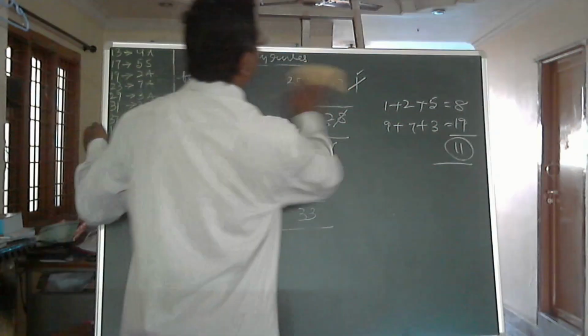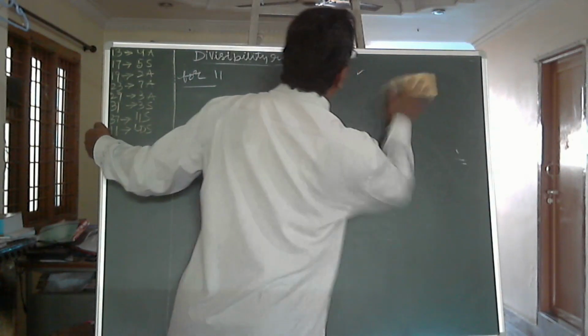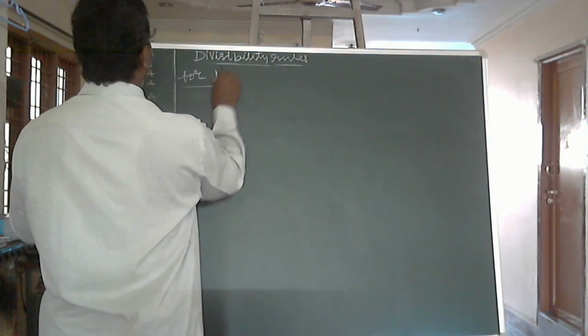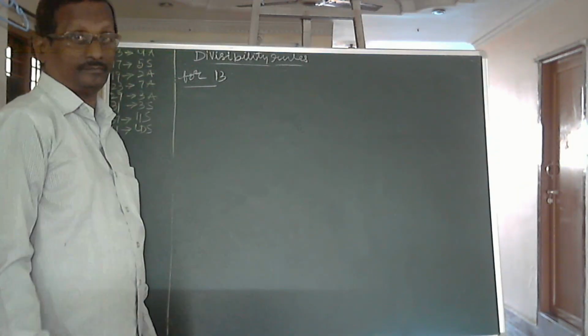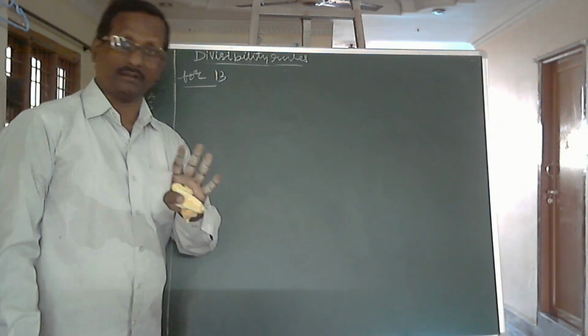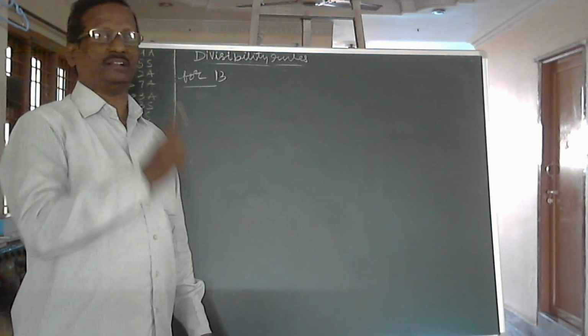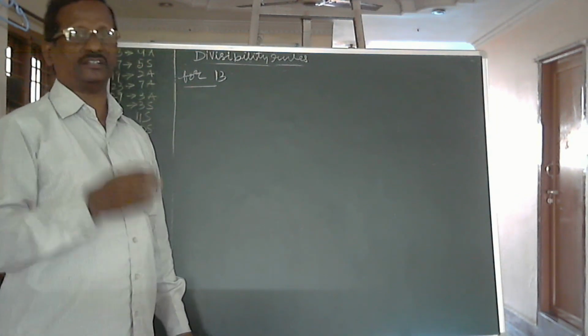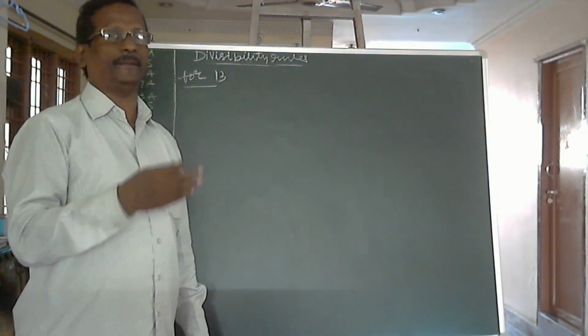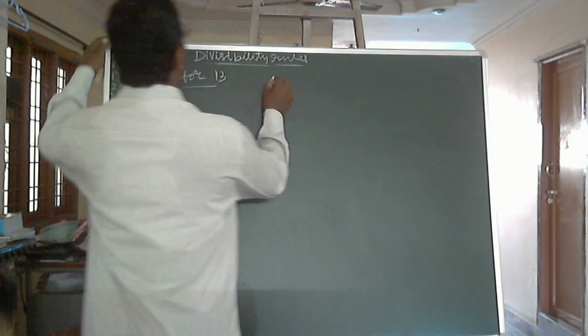Next. After 11, 13. Here, the last digit we have to remove. 4 times the last digit is to be added to the remaining number. The same procedure is to be repeated till we get a smaller number so that we can tell orally whether the number is divisible or not. For example,